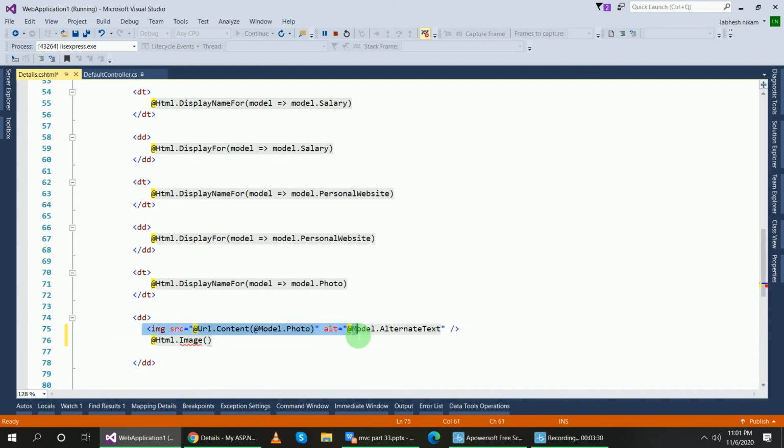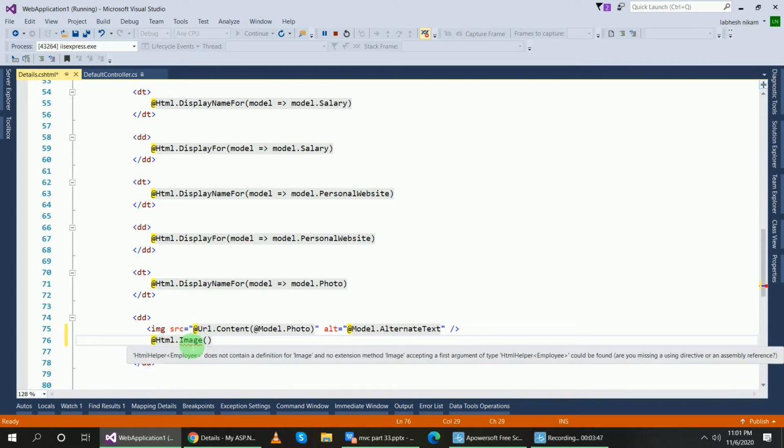So to create an easier way, we have to create our own custom HTML helper, so that we can add it like this.